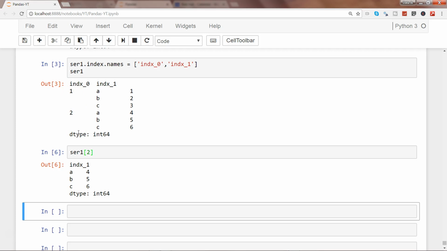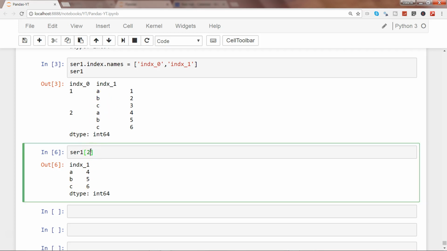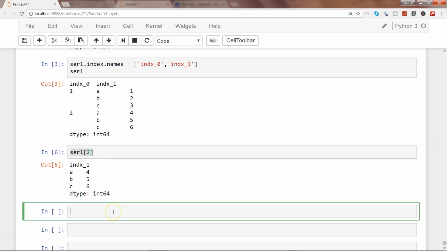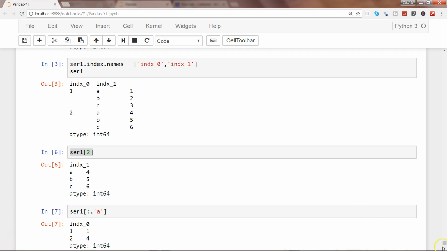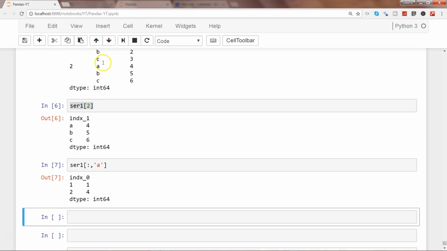But there may be situations where you need to access the index which is at level 2. So what you can do is simply, maybe I'll just copy this and paste it down there. We need to first of all use colon, then comma, and then the value a, and let's access this. This way you can access a value.